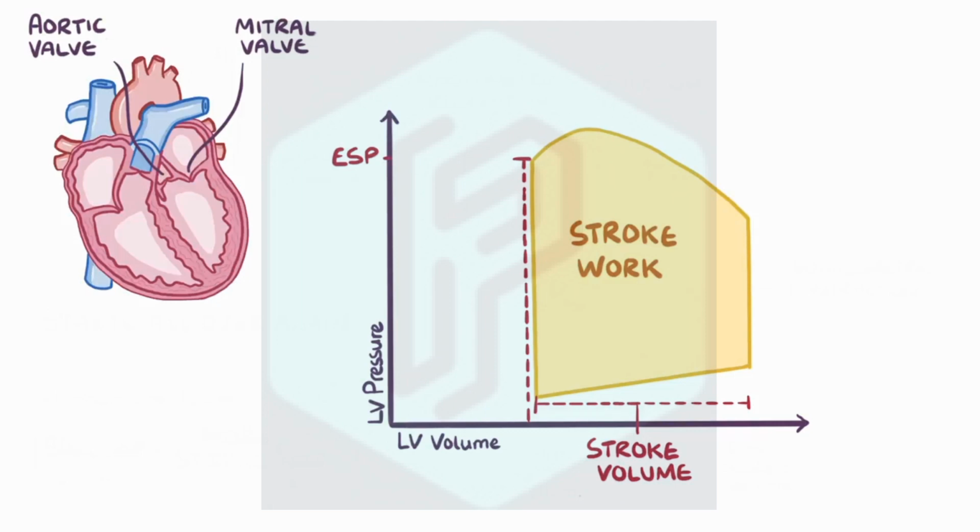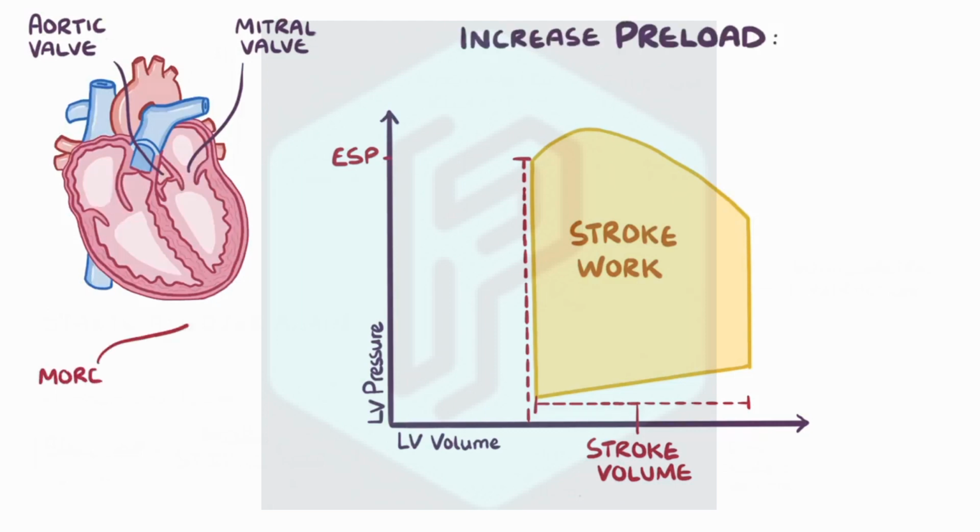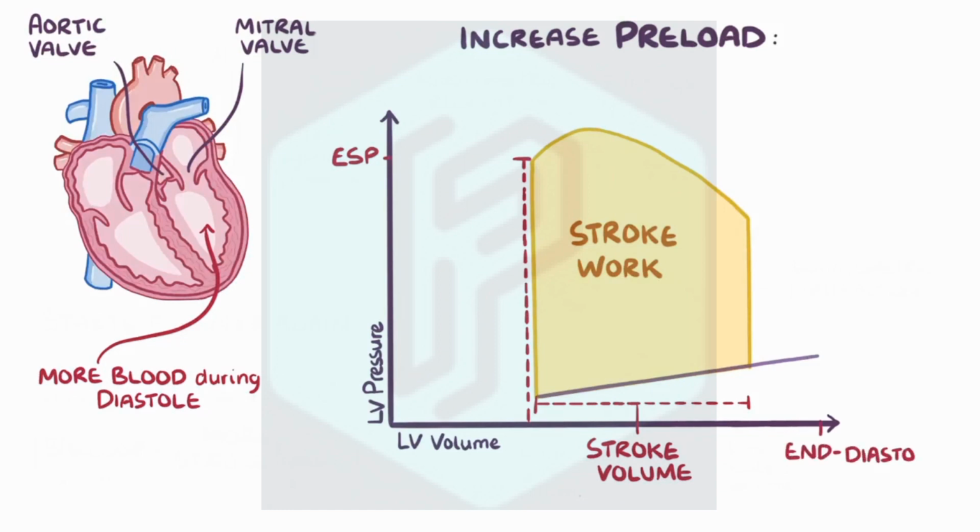First of all, let's increase the preload by adding more blood to the left ventricle during diastole. So that means that during diastole, this bottom line goes further, and that increases the end diastolic volume. And then, because of the Frank-Starling relationship, there's a nice big strong contraction. And the isovolumetric contraction phase doesn't look any different, but once the blood gets ejected, it becomes pretty clear that